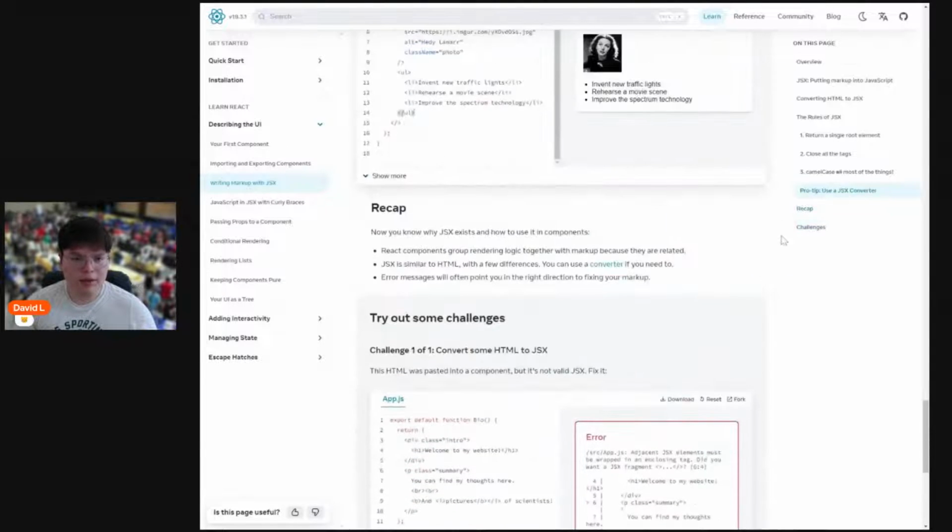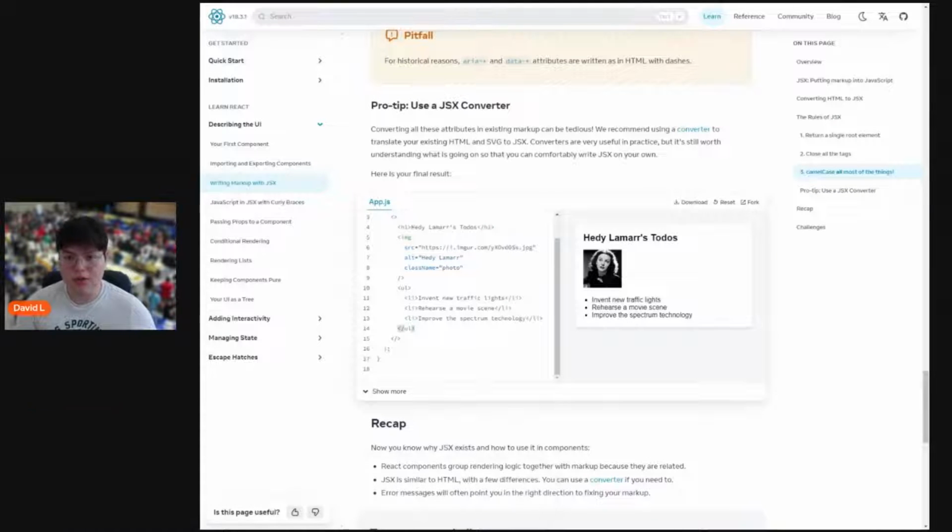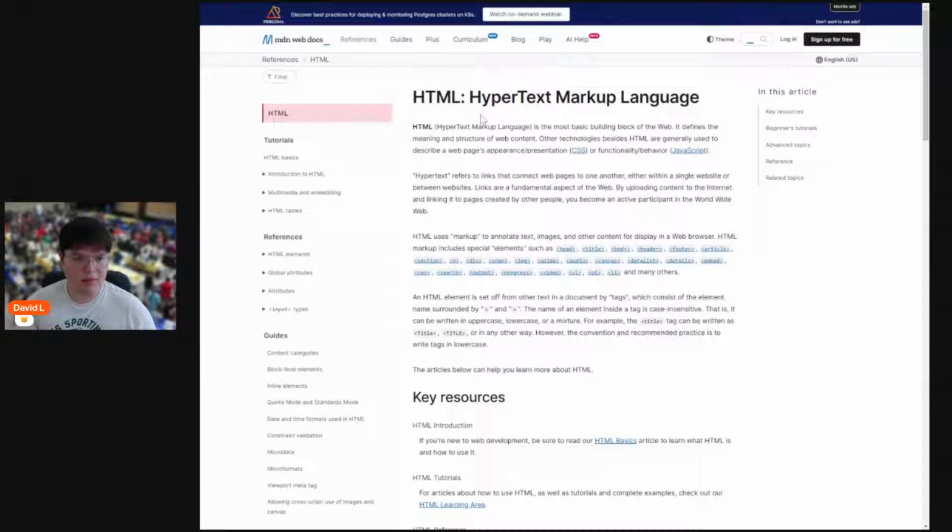So if you want to take a look into this, please jump into the link that I just shared inside the chat. If you don't want to do this, or if this is your first time using HTML, take a look into this HTML documentation. Let me put this in English. There you go. So if you want to learn HTML, please take a look inside the HTML hypertext markup language documentation of Mozilla